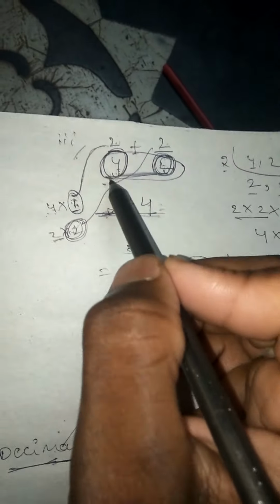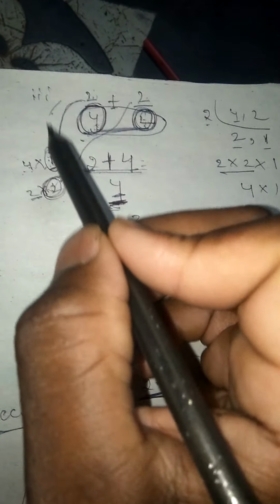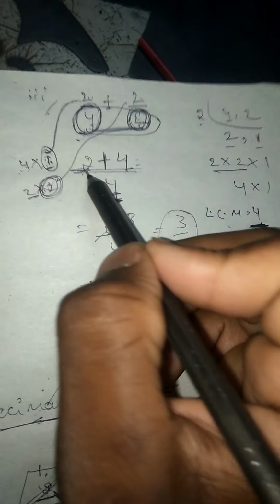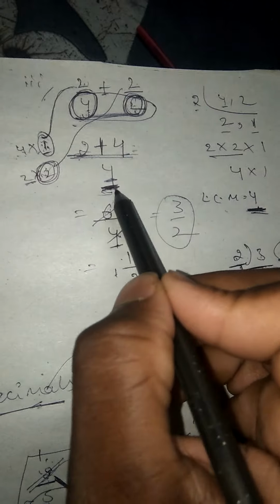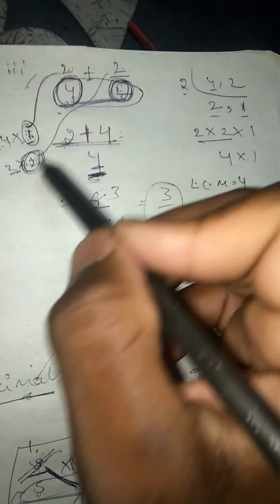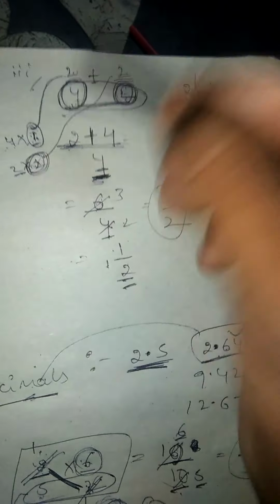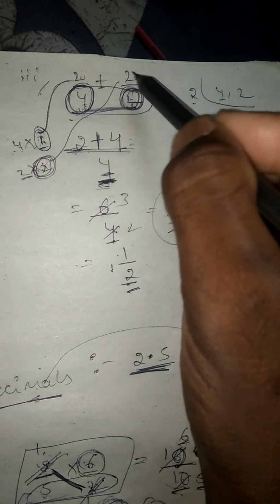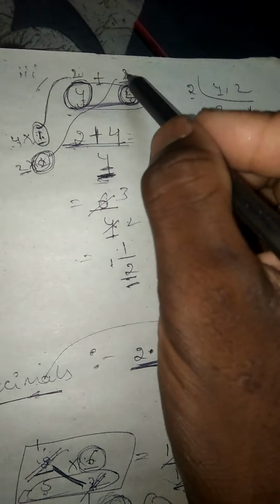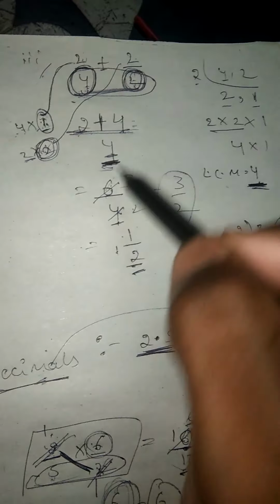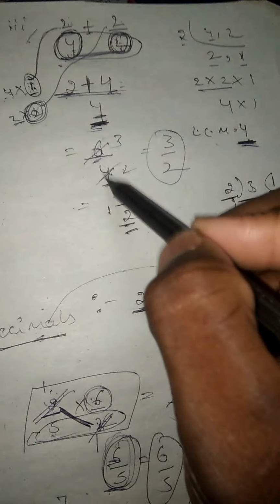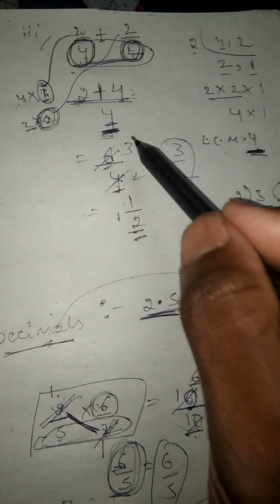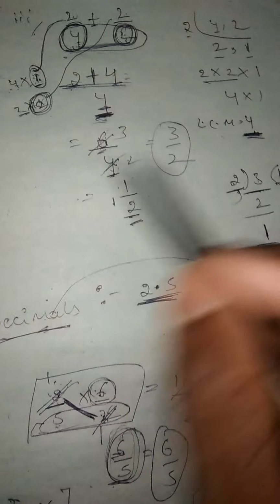Now go to the denominator 4. In the 4 table, it comes in 4 ones, so we have to multiply 1 with 2, 1 into 2 is 2. Now comes to the other denominator 2. In the 2 table we want 4, so 2 into 2 means we multiply the numerator by the number 2 as well, 2 into 2 is 4. 2 plus 4 is 6, 6 by 4. So you have to cancel these two numbers. Why? Because these two numbers are cancelled in the same table. 2 twos are 4, 2 threes are 6.